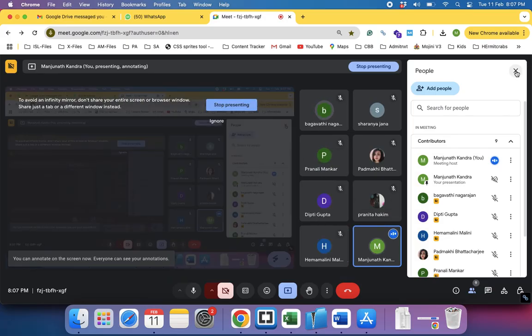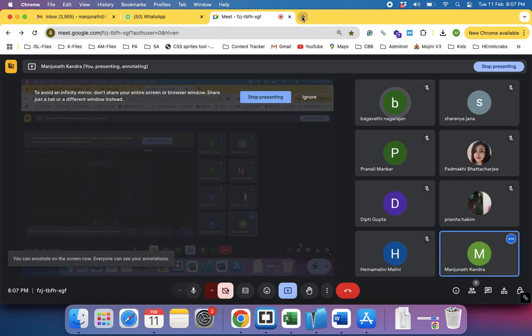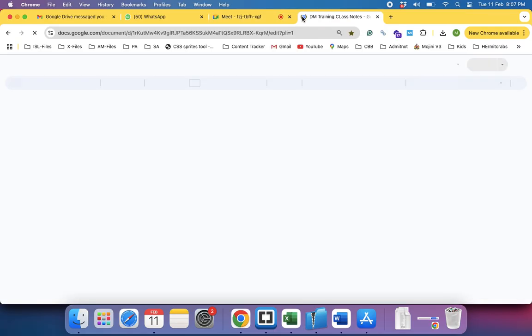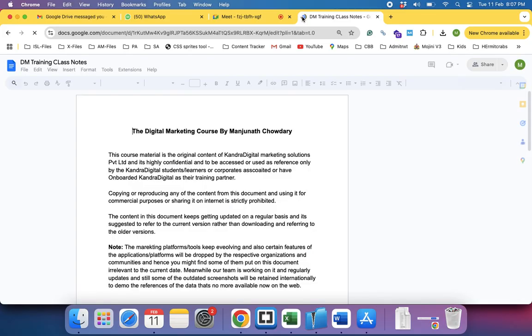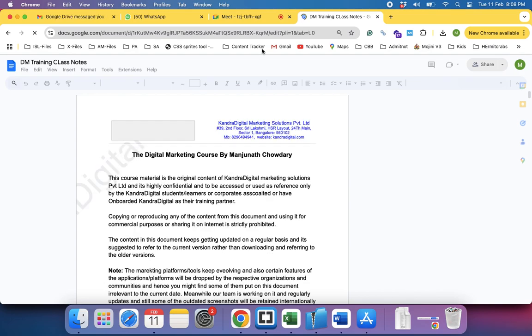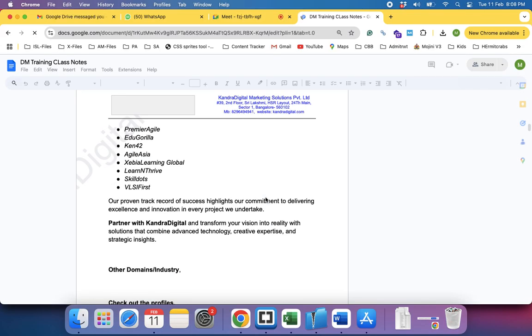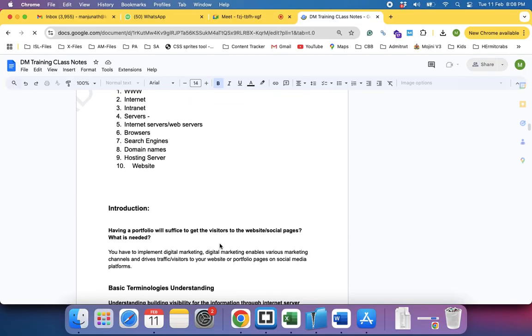Okay, so yesterday we were discussing schema implementation, correct? Do you all remember? We discussed various types of schemas that can be implemented for any business website, any website in fact, based on the type of content. Do you all remember, guys? Everyone? So schema.org will help you understand what kind of schemas can be implemented, and moreover this document